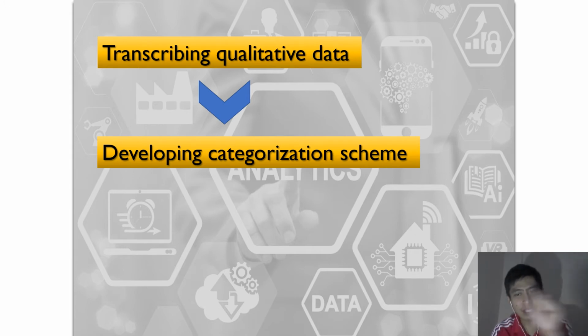So take note of it. Is it a change of physical? Is it a change of emotion? Change of social? Change of family? So develop a categorization scheme. After developing a categorization scheme,